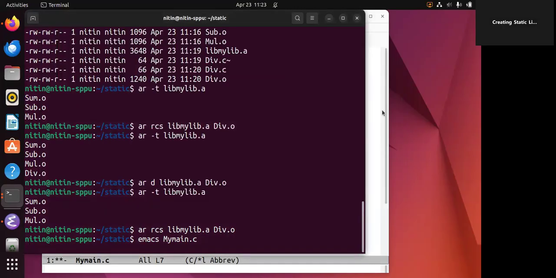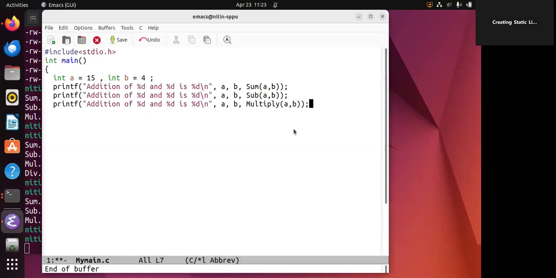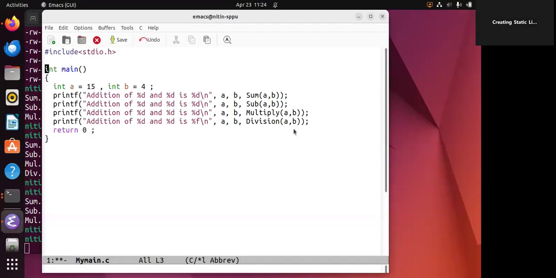Let us use them here: multiply, and here division. We have to make a small change here as percent f, and then return 0, bracket complete. Now, as we are aware that these functions are not part of this file, it is always better to declare the prototype. So int sum(int, int);